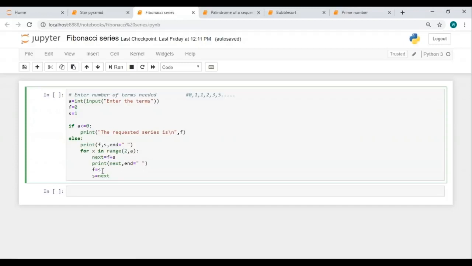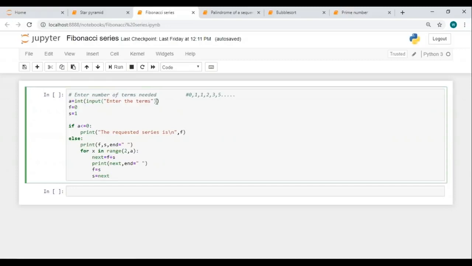After this, my second element is going to become first and the next element is going to become second. So I hope you are understanding how this sequence is proceeding. Initially, 0 and 1 are first and second elements. And after one iteration, this one becomes the first element and this one becomes the second element. And after the second iteration, this one becomes the first element and this 2 over here becomes the second element. And that goes on until it satisfies the number of terms that the user has entered.